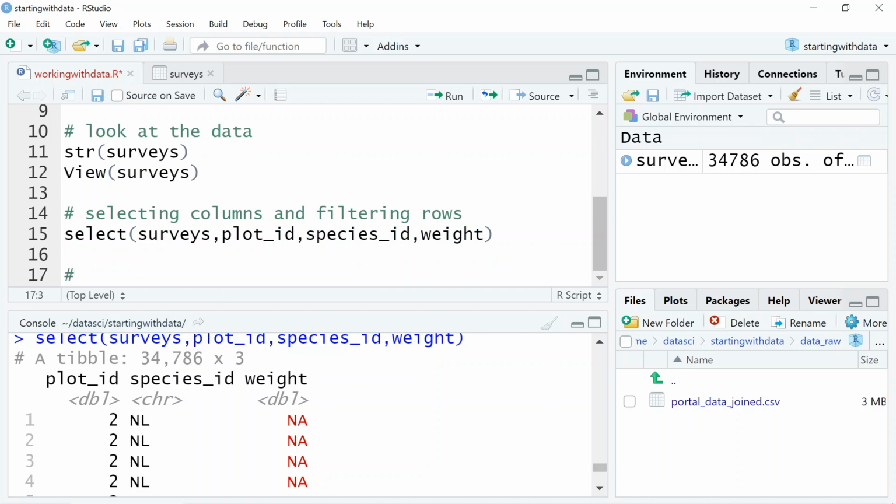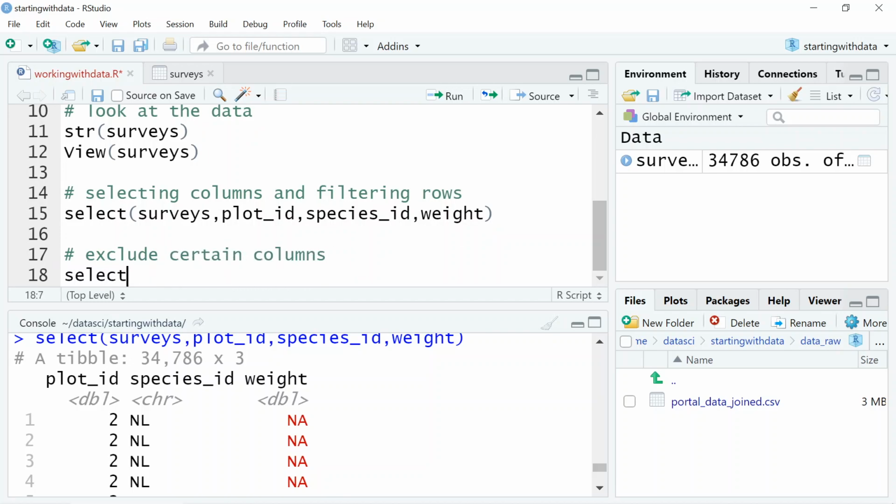Last week, we saw how to subset using the bracket notation. So we saw how to call specific columns using their index or number position. And we also saw how to exclude certain columns. So let's see how we would do that using the tidyverse